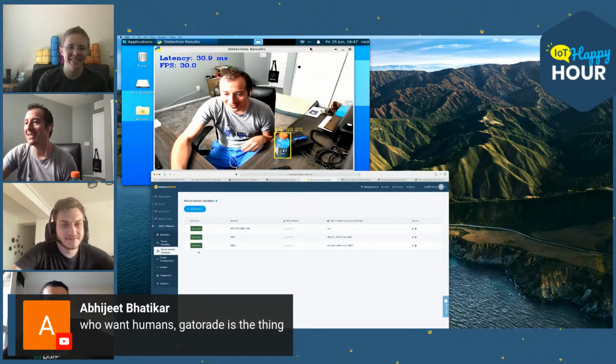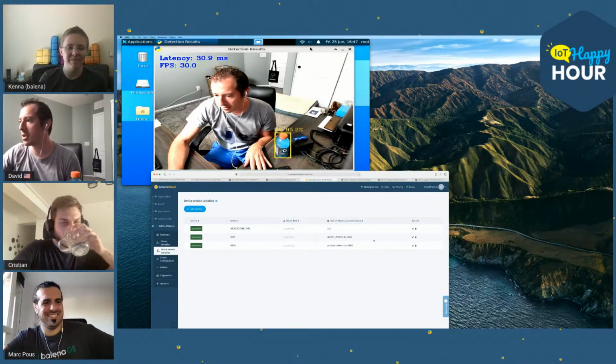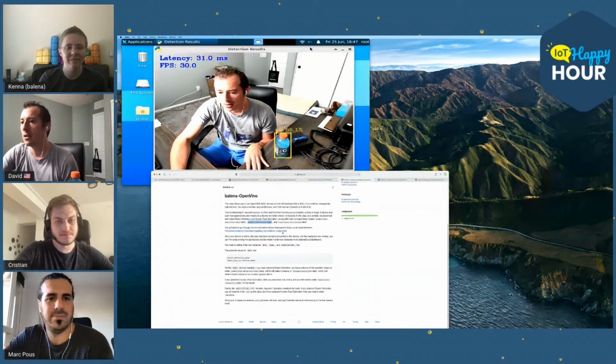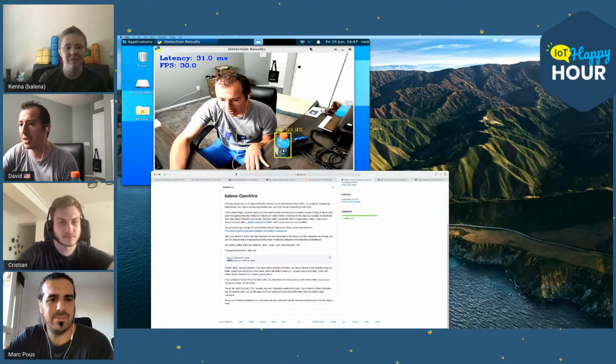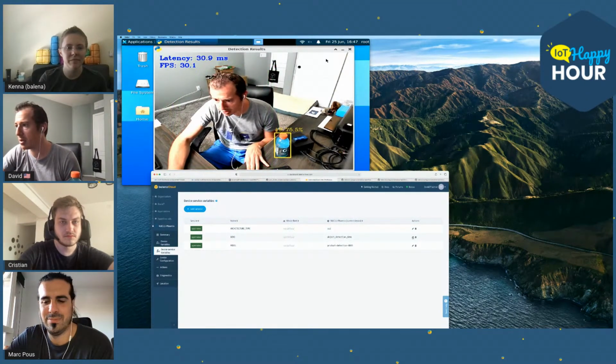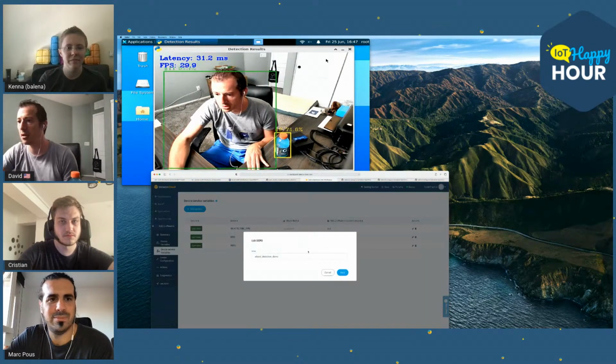Oops, wrong one. So now let's do something a little different though. Let's actually forget about object detection and let's do some pose detection. That could get interesting.